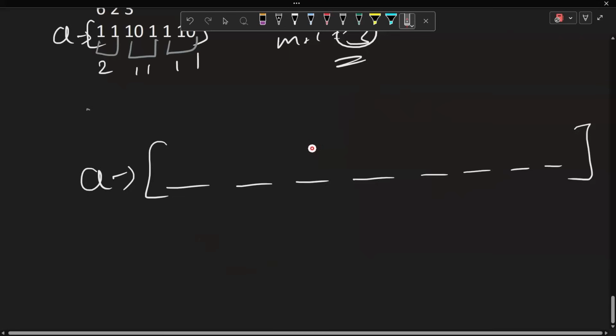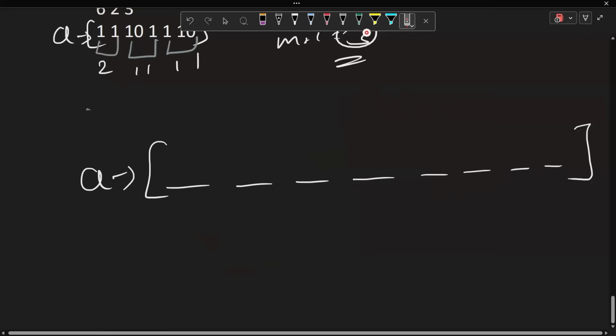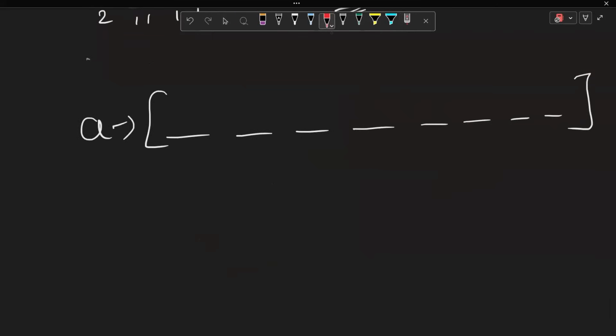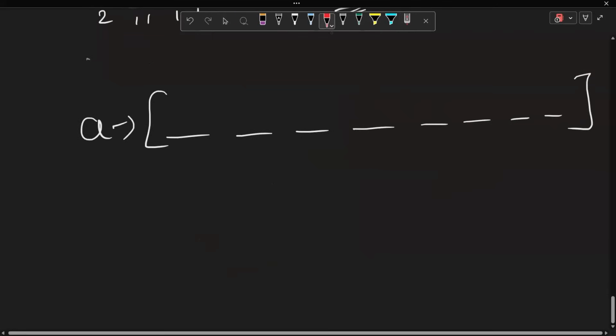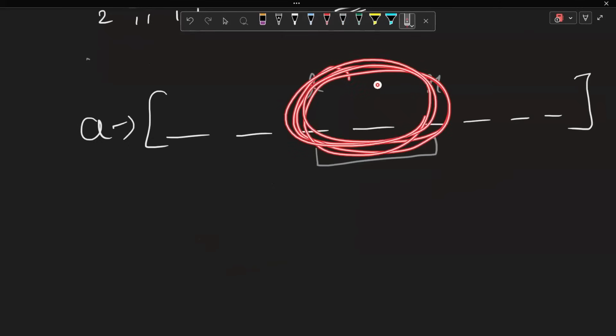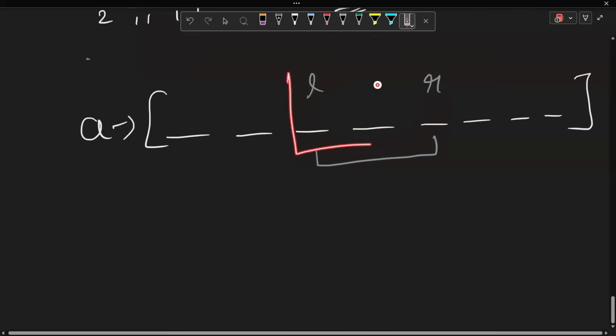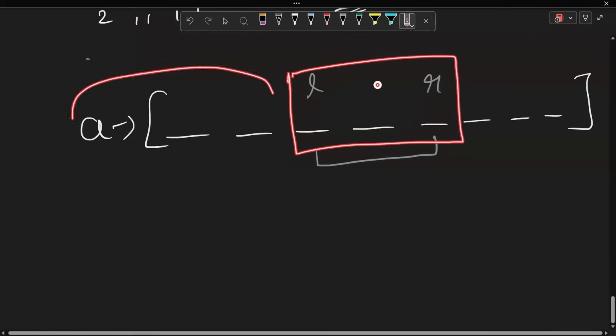Maybe it was possible, but the better approach that I thought of was this. How would your subarray finally look? One of the pieces would be for Alice. Let's say you have some piece, let's say this. You keep a range from L to R. You assign the range from L to R, that this subarray is given to Alice. Then, if you give this subarray to Alice, that means